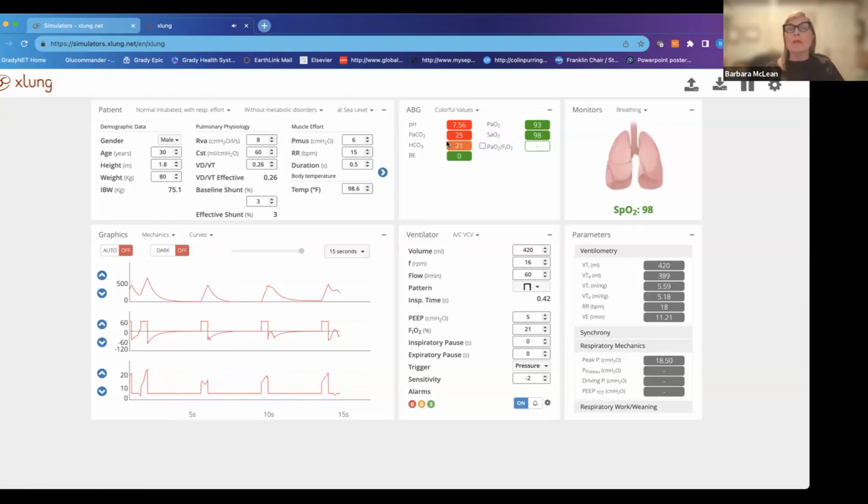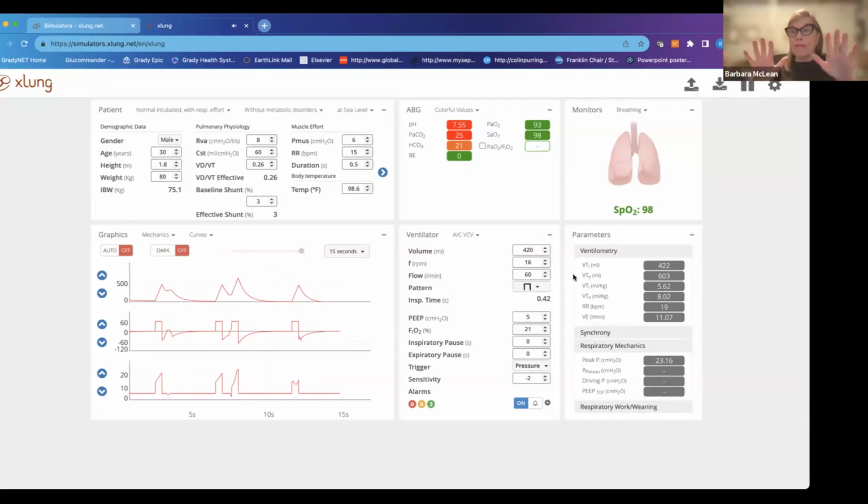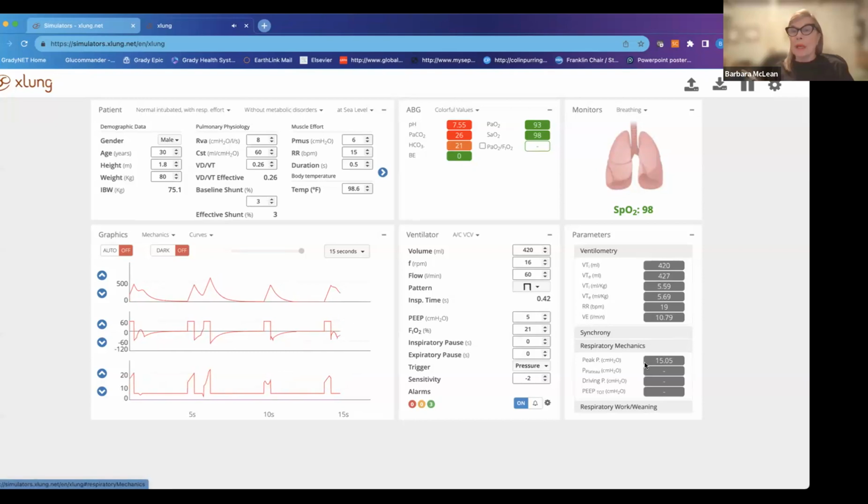And I'm going to see a return of the PaCO2 back to a relatively normal position, okay? So that's a really important thing. I can never change the rate of flow, which is how fast I'm delivering the volume, if my lungs are not compliant. And in general, I'm going to determine compliant lungs just from first pass if my peak inspiratory pressure